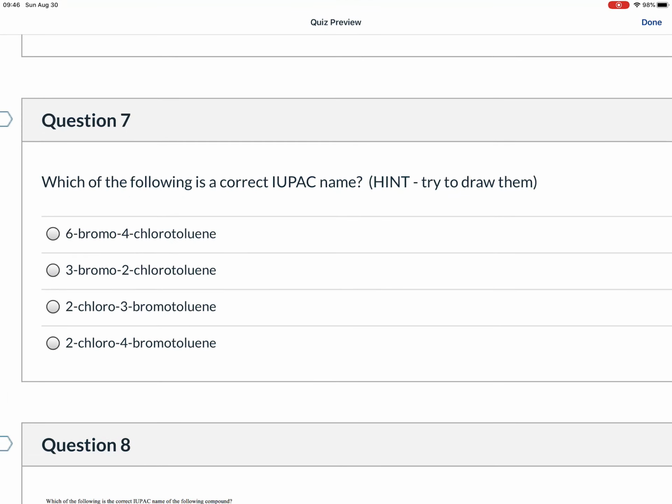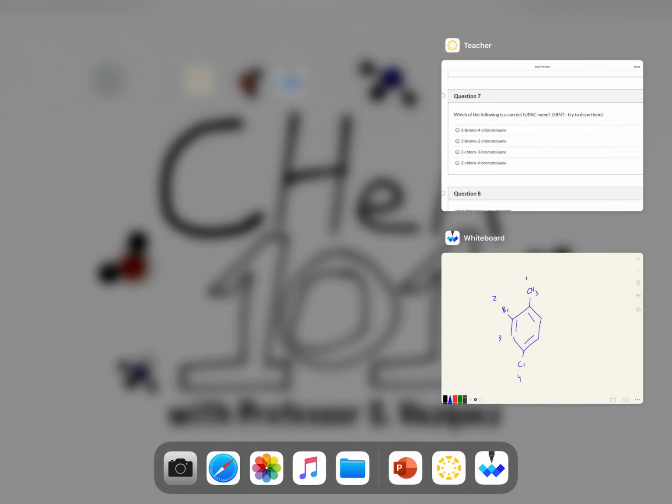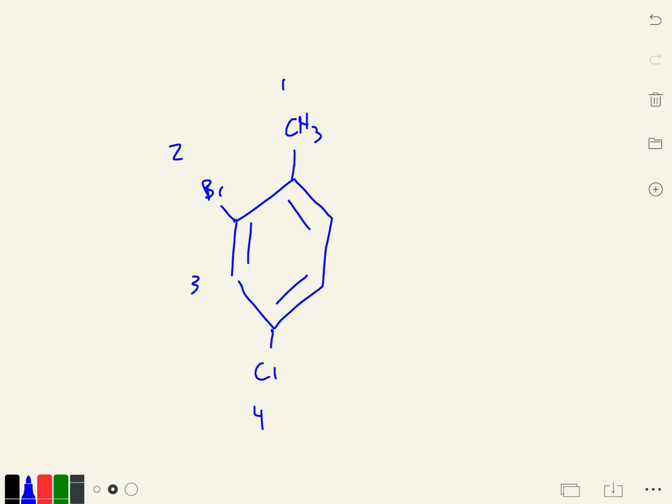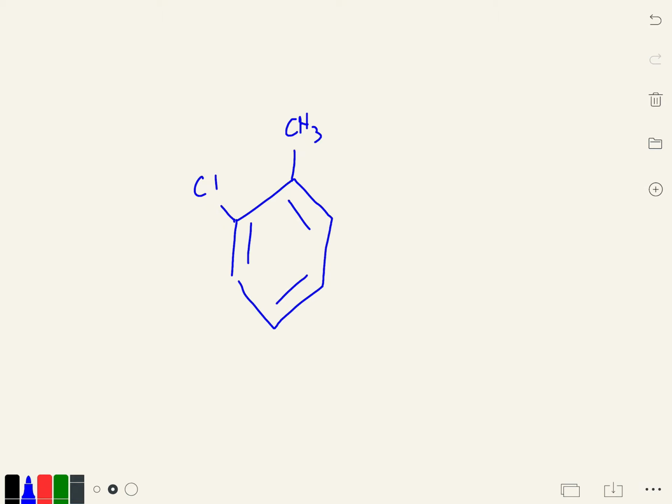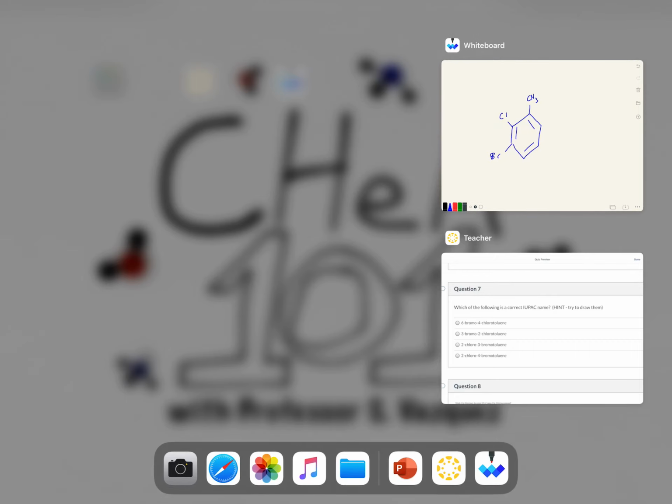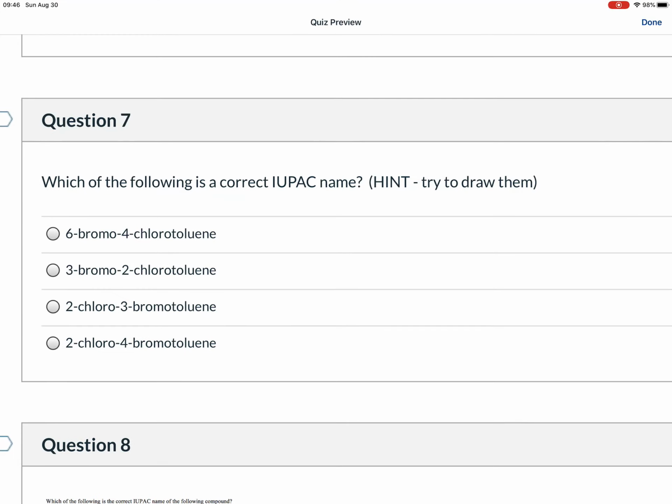3-bromo 2-chloro. Oh, yeah, 3-bromo 2-chloro toluene. Let's try that one. 3-bromo 2-chloro. So 3-chloro 2-bromo. So this is 2-chloro 3-bromo. Saying it that way is wrong. 3-bromo 2-chloro. Sorry, that makes more sense. Alphabetical order. B comes before C. So that's why